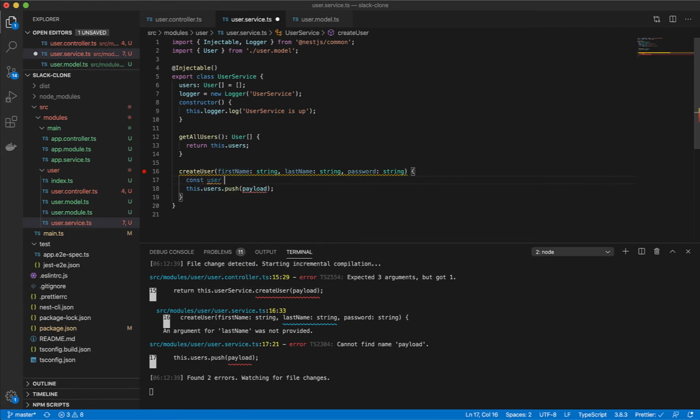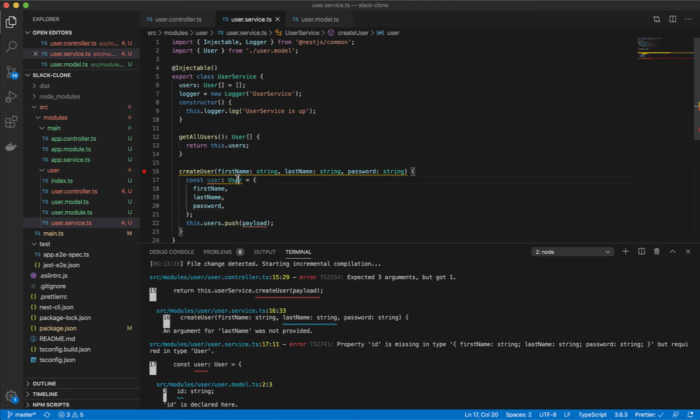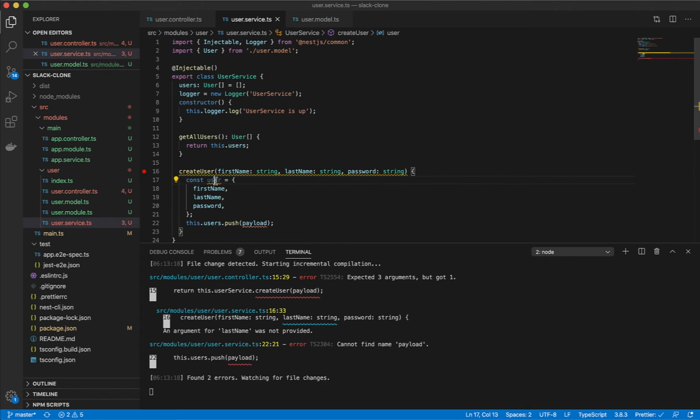We say user, and if you go ahead to type this, say user, if you want it really typed. So here we say this is first name, this is last name, this is password. Now we need to generate the user ID, the ID